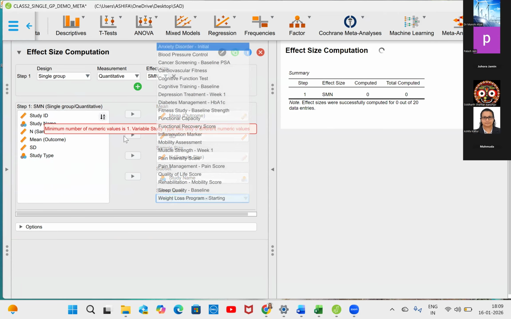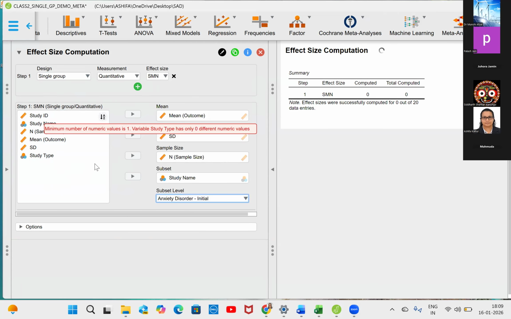Just wait. So the effect size was successfully completed from 0 out of 20 data entries. The effect size is already calculated. Just hold on a second. The effect size is computing. You see? Why is it taking so long? Maybe some issues with my JASP. Yeah, I think so. But anyway,